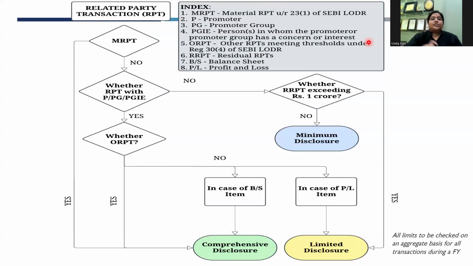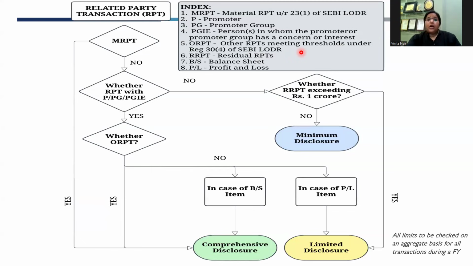If the quantum crosses the threshold of Regulation 30, Sub-regulation 4, we recall that effective July 2023, with the LODR Second Amendment, the Reg 30 norms had undergone significant change, wherein a quantitative threshold was prescribed, which is either 2% of the consol turnover or 2% of the consol net worth or 5% of the average absolute PAT of the last 3 years. Whichever is the lowest of the three parameters became the materiality threshold